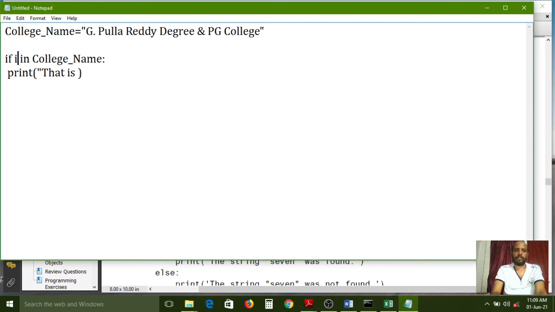Instead of degree I am using just i, for searching purposes. i equals input, so that we can search any word. Here the input function is used to collect the input from the keyboard. Enter word for searching.